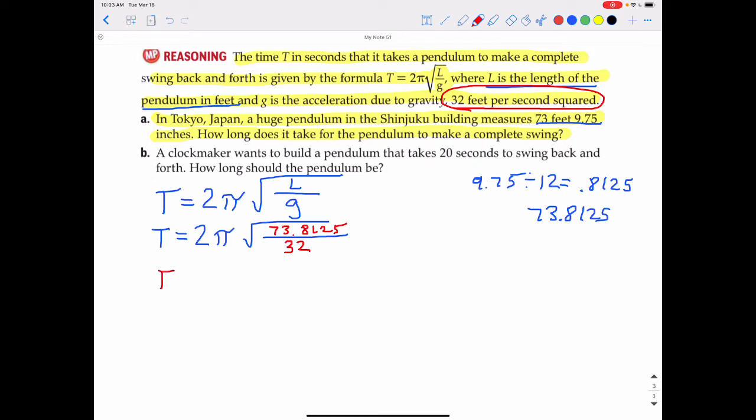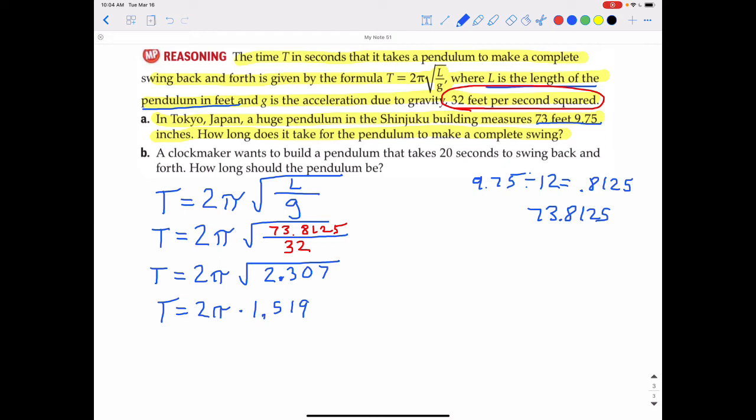So we need to do what's inside of the square root part first. So that will be T equals 2 pi times the square root of whatever 73.8125 divided by 32 is, and that equals approximately 2.307 if I round that to the nearest thousandth. Then I'm going to take the square root of that, and since it's already in your calculator, you could simply take the square root of it, and when you do, you get about